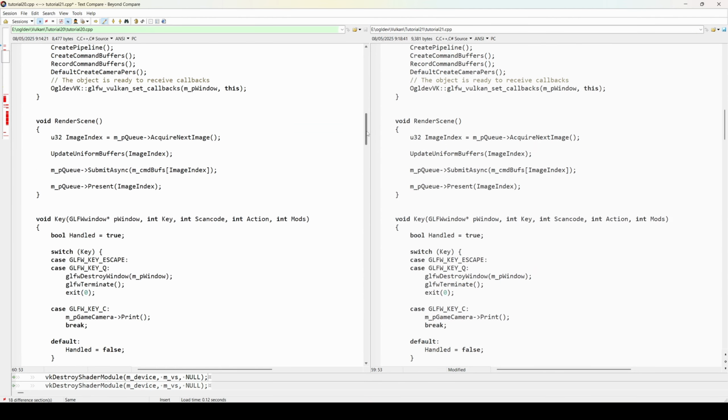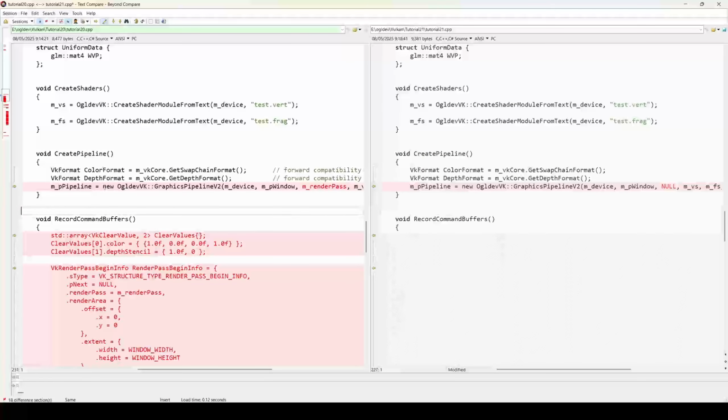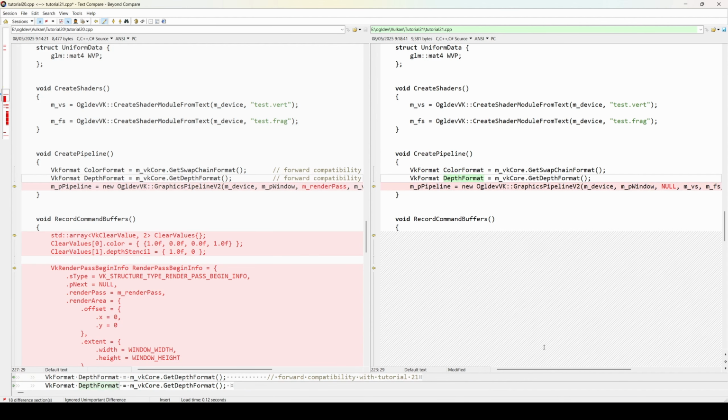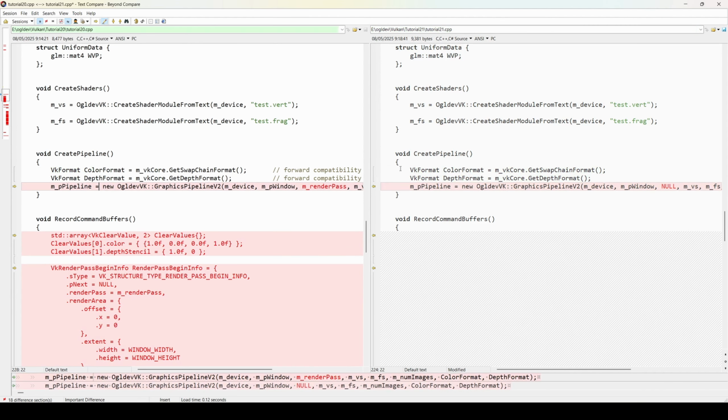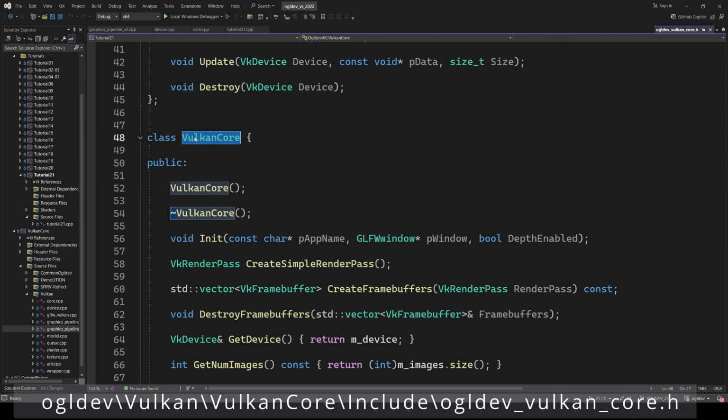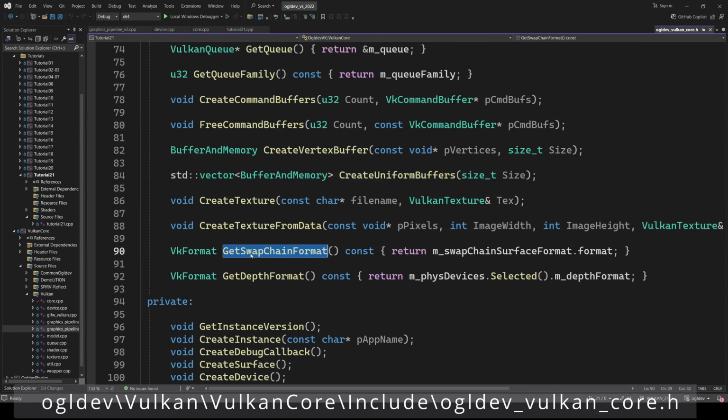Next, we have the creation of the graphics pipeline. So in the old tutorial, when we allocate the graphics pipeline object, we provided the handle of the render pass, and now we have a null here, and we need to provide the color format and the depth format in the last two parameters. So I actually copied this piece of code back to the old tutorial for forward compatibility, but you can also use VK format undefined here, and it will work in the same way for the old tutorial. Now these two functions, getSwapChainFormat and getDepthFormat, are actually new in the Vulkan core class,